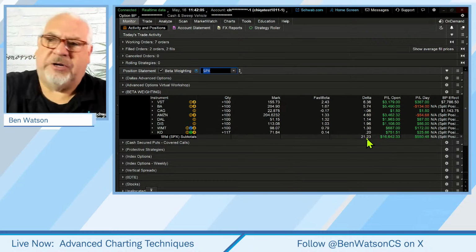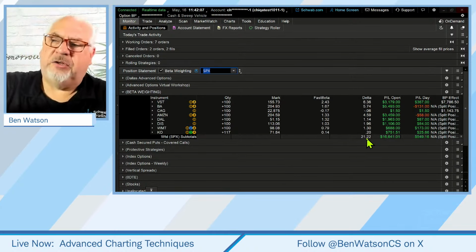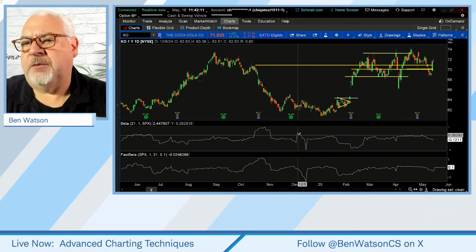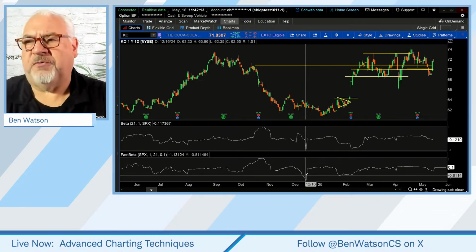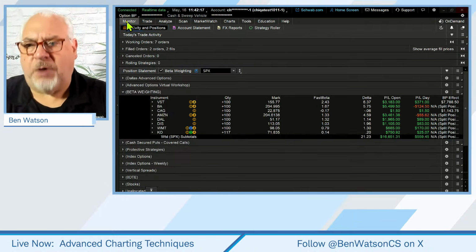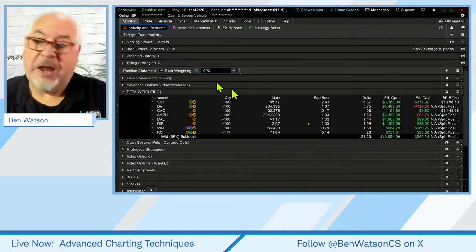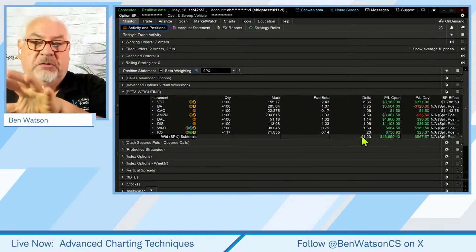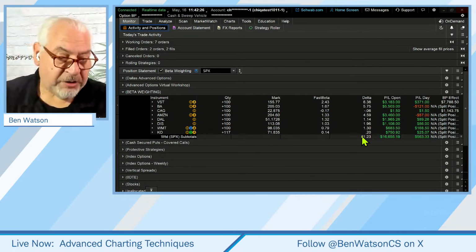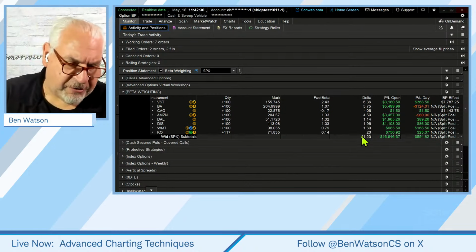the illustration here is that we can, using the tools on the Thinkorswim platform, both the beta and fast beta calculations here on the portfolio, as well as the tools here in the monitor tab in that beta weighting, we can see what that portfolio is doing and we can adjust that portfolio, right? Yeah, thank you, John, for kind of clarifying that and bringing that out.